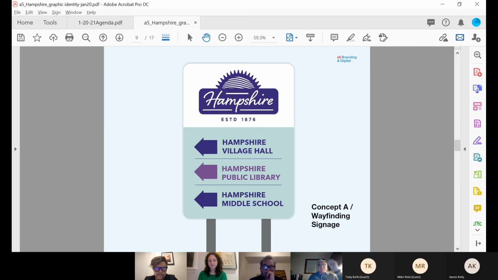So this is a fake wayfinding sign, but this gives you an example of how we could use a different set of secondary colors. Maybe it's this nice subtle, slightly earthy blue, and a different purple as the secondary color.